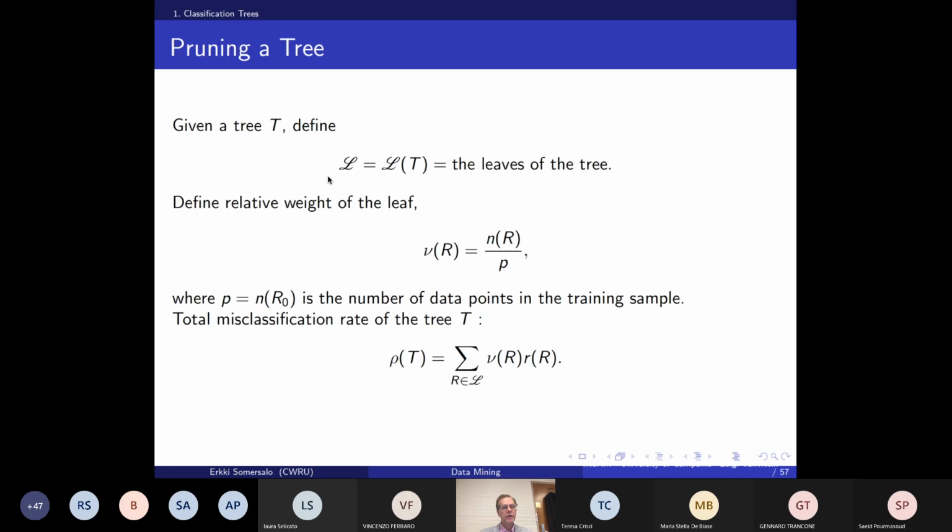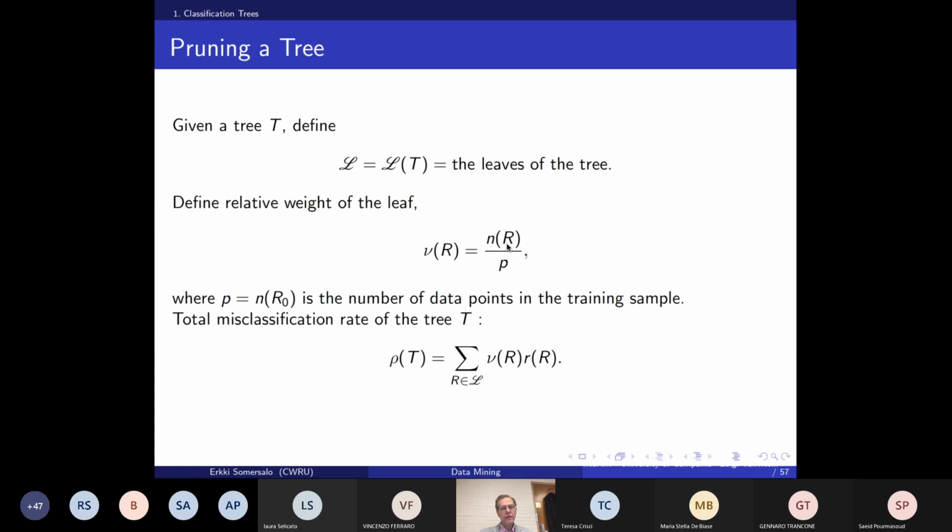The second is the complexity of the tree. So we want to find a measure for, so let me finish this cost part first. I jumped a little bit ahead. So if you have a tree T, I denote by L the leaves of the tree. So L is the set of all the leaves. Okay, so this is my L, and so now we can define what is known as the relative weight of the leaf, and the relative weight of the leaf is